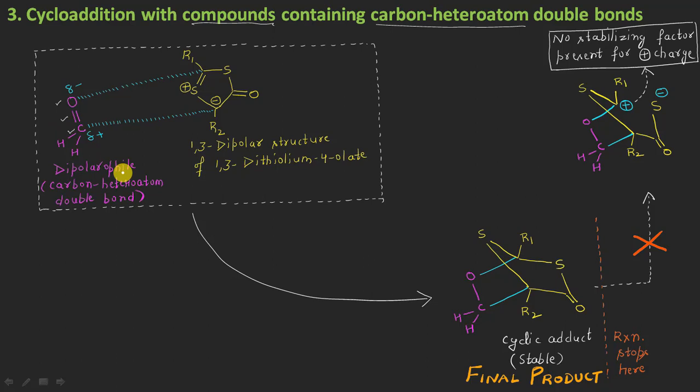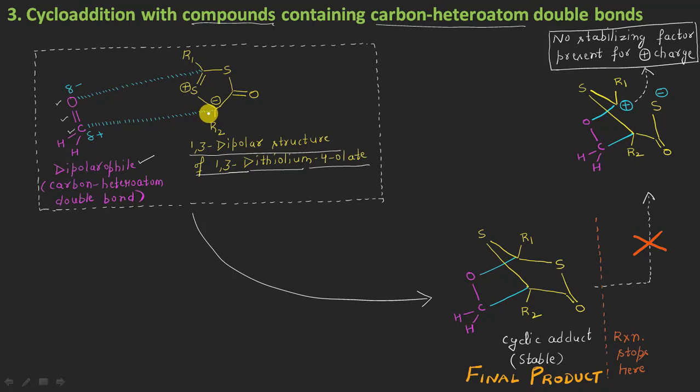So obviously this will also act as the dipolarophile in this reaction. And here you can see this is the 1,3-dipolar structure, as usual, of our 1,3-dithiolium-4-olate, whose chemical properties we want to study here, right? So this is the third chemical reaction, and in the same way,